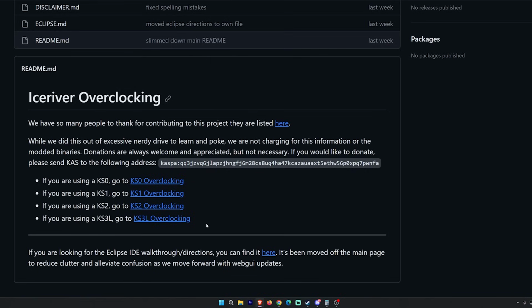Okay, granted, disclaimer, if you do this overclocking, there's a chance that you may burn or damage your Iceriver KS0, 1, 2, 3, or 3L. There could be a chance that could happen. I would hate for someone to overclock their machine and it would die. I just want to have that disclaimer there. I have personally done this on my KS1 and KS2. I will show that in a second. Okay. But anyways,